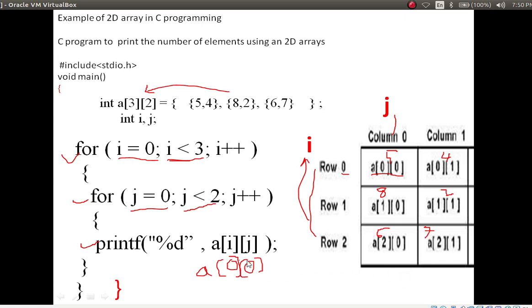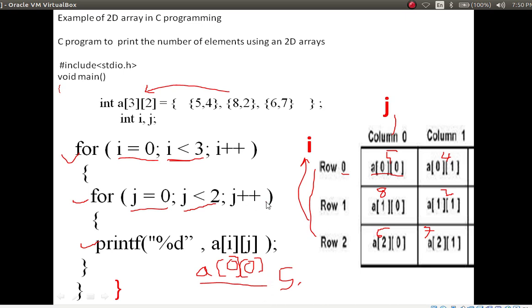So the i value is 0, then the j value is 0. What is the index of this array value? a of 0 0. What is the value? 5. 5 is going to print on your console window.